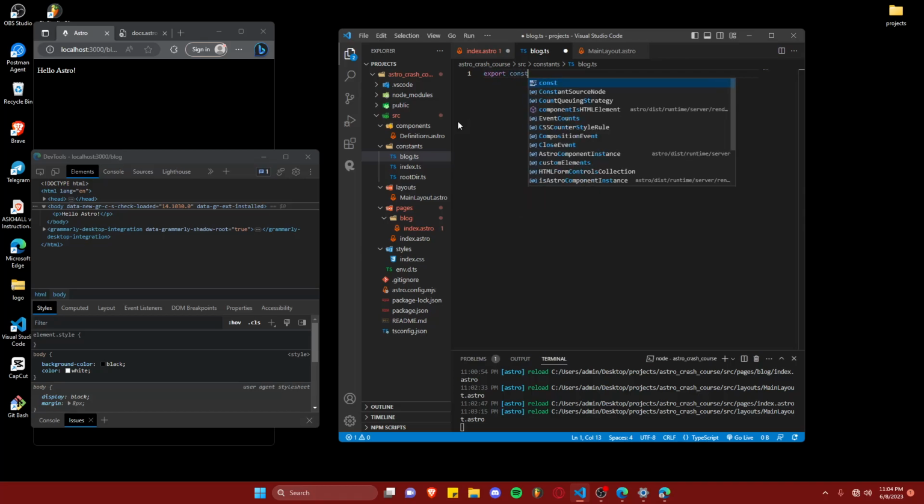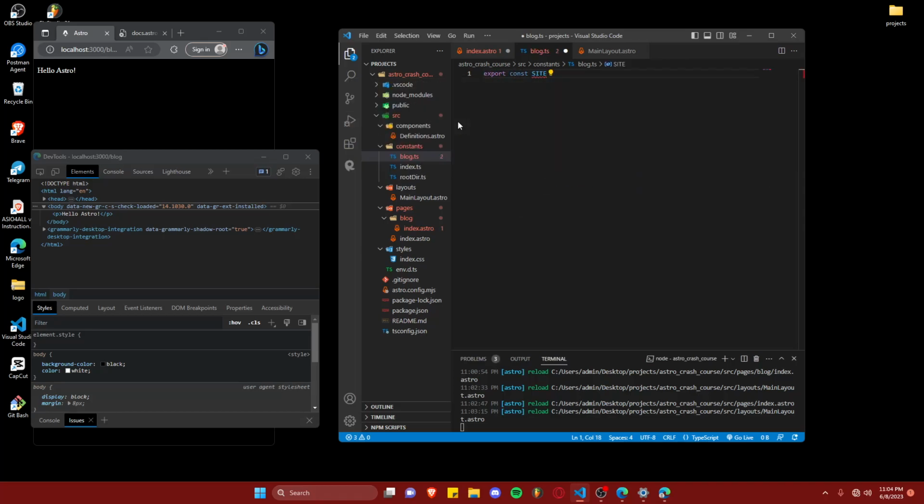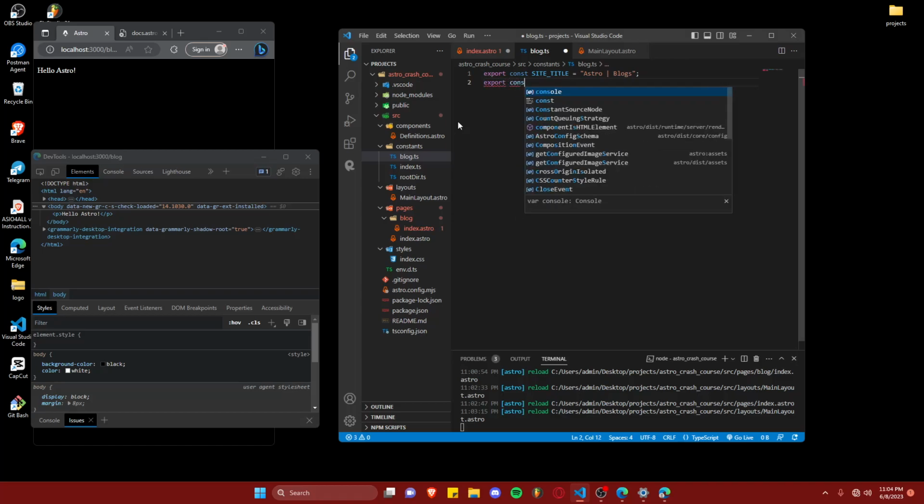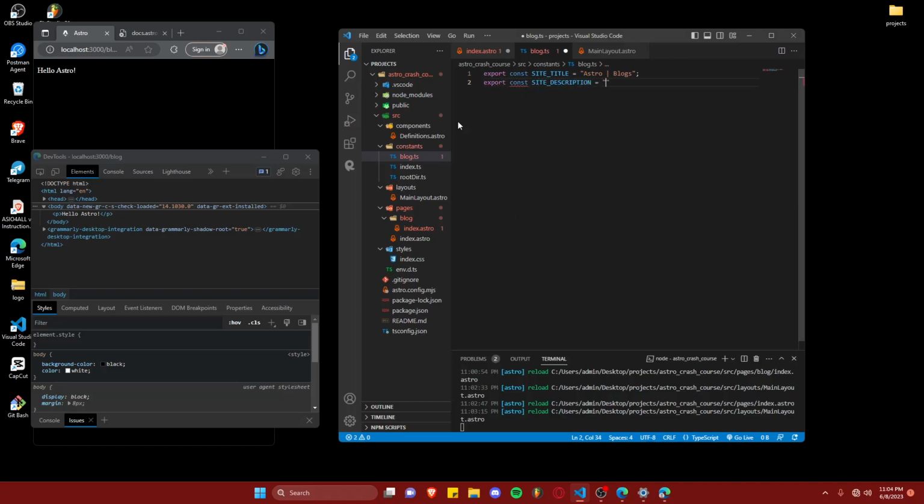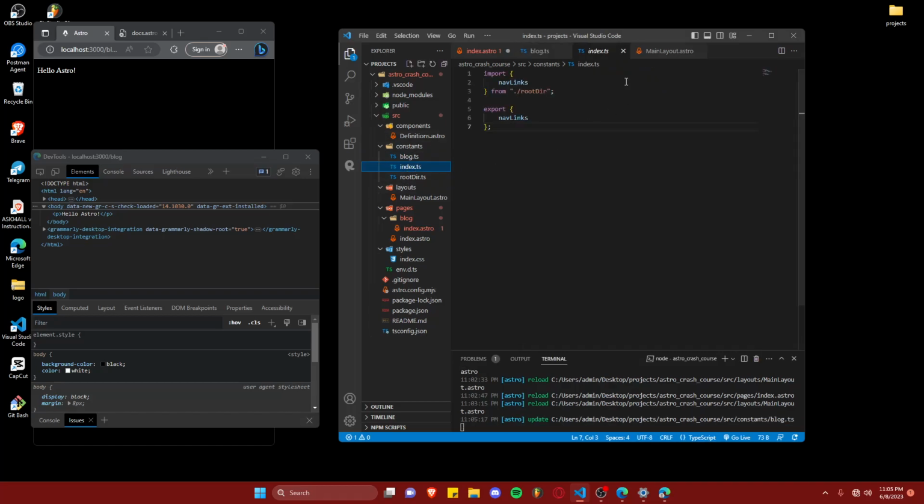We have export const site title, site title equals Astro, and then blogs, and then export const site description equals page made in Astro, or made using Astro, that contains blogs. It contains various blogs. There we go. Now if I import that here,